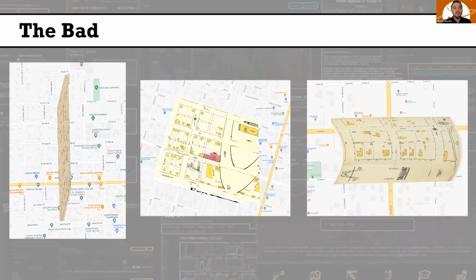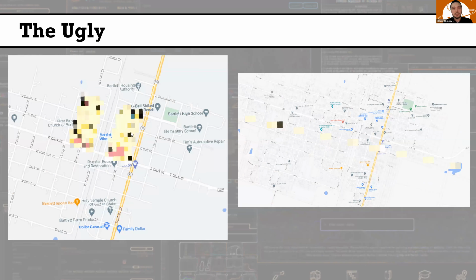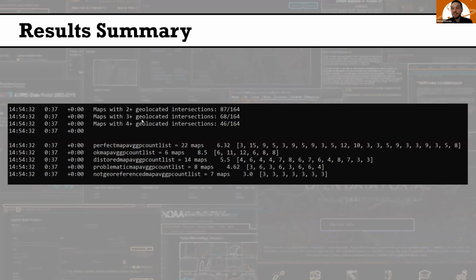After we investigated why we were obtaining these results, we were able to discover why the algorithm was doing this in certain cases. But obviously, there needs to be some improvement here. And we ended up with some really strange situations where things were not even recognizable as maps after they had gone through the automated pipeline. So some success, as a proof of concept, we demonstrated that it's possible.